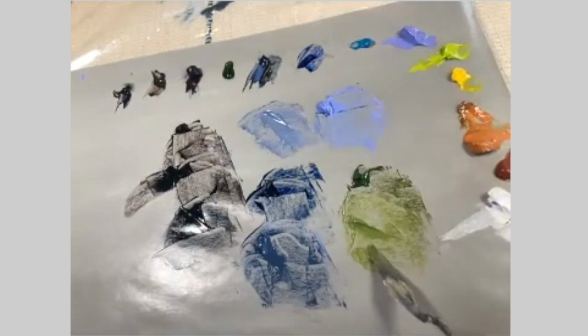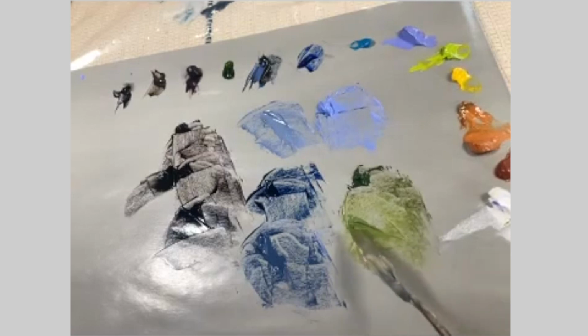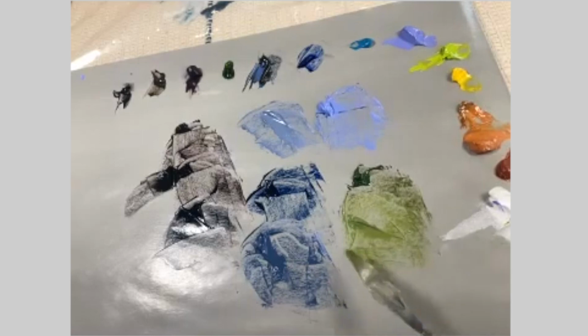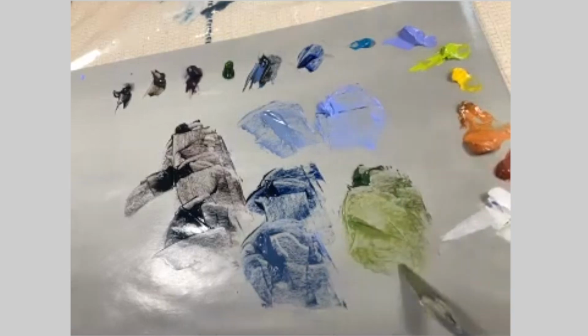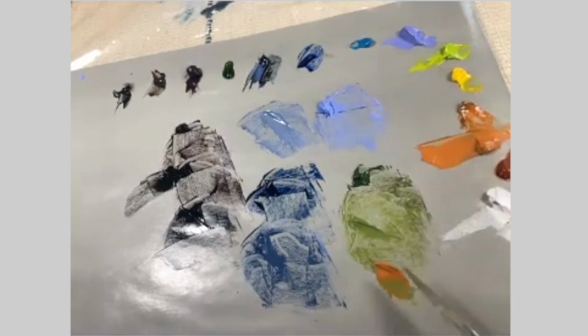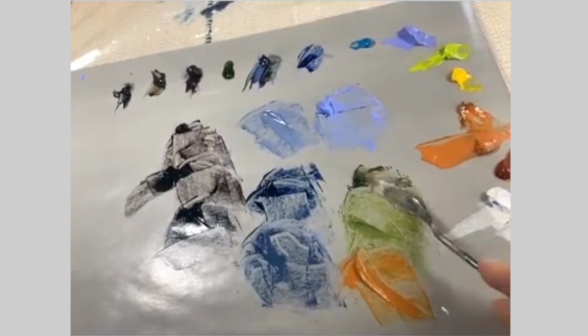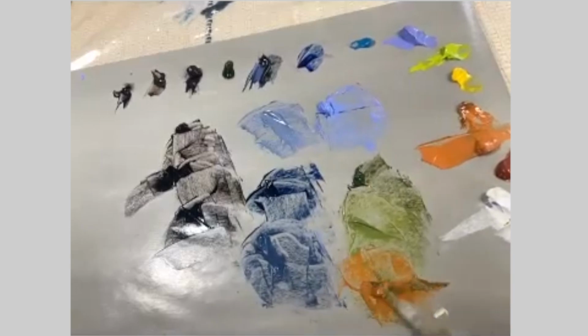So I'm looking with my eye right now at the area around the pupil, and I'm trying to find what colors I have over there. I can see some of this gray, and I'm pretty happy with those too. Right now, I see a little bit more of light green coming around below the pupil. And I think I can still use a little bit of this purple. And now I'm going down around the iris further away from the pupil, and I see a lot of this. If you see, I didn't clean the knife from green, because I still want to have some green in there. So it's green,